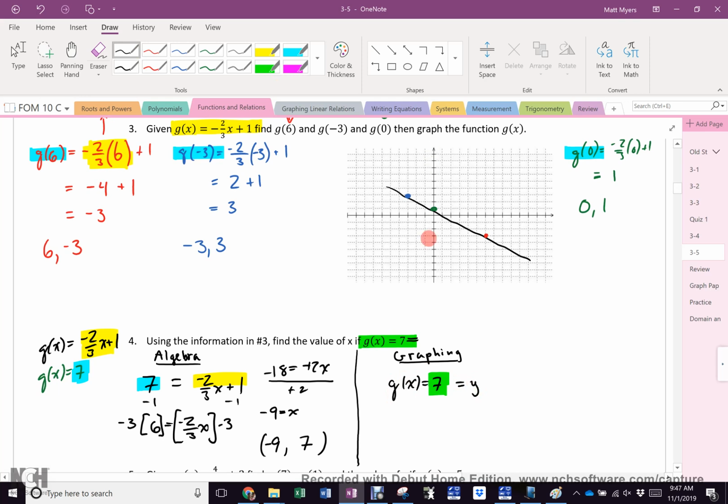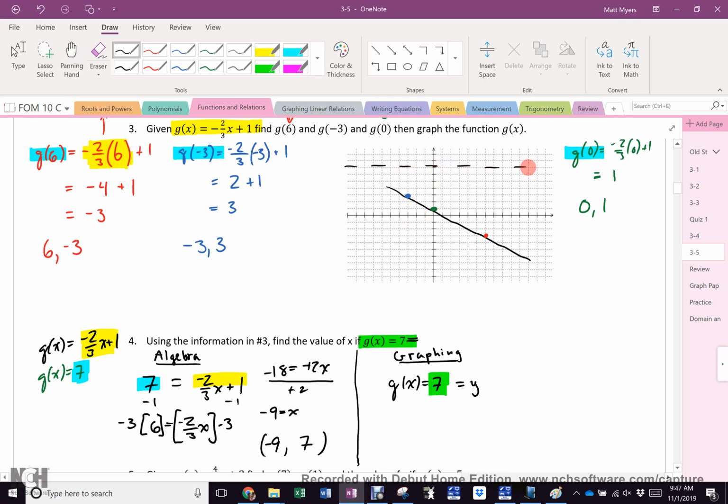So where is the y value of 7 on this graph? Is it somewhere on this uppy-downy line, which is vertical, or is it somewhere on this horizontal line? The vertical one. Where is 7 from 0? Up 7. 1, 2, 3, 4, 5, 6, 7. So there,